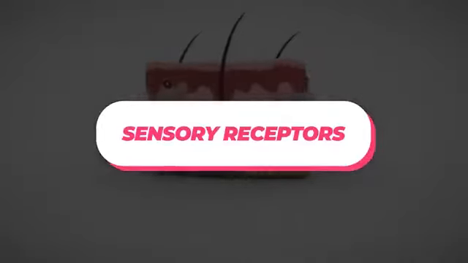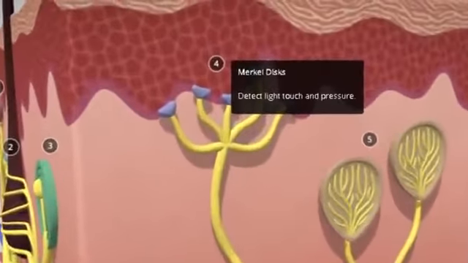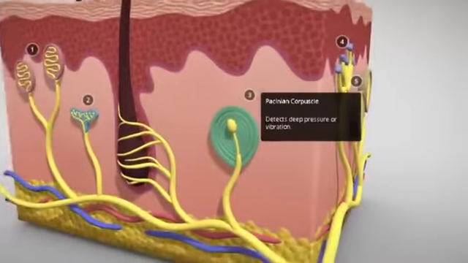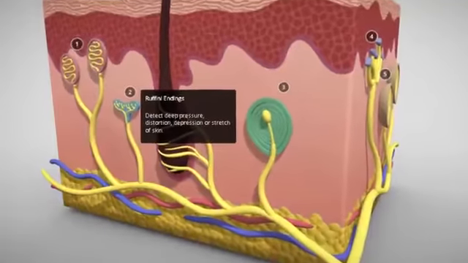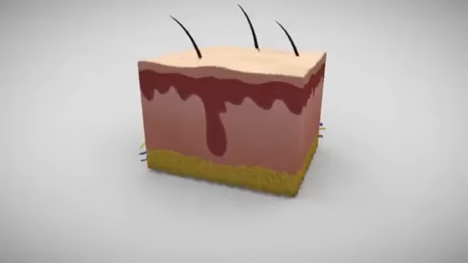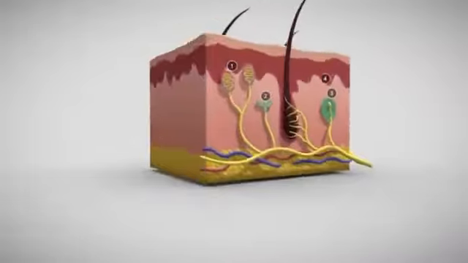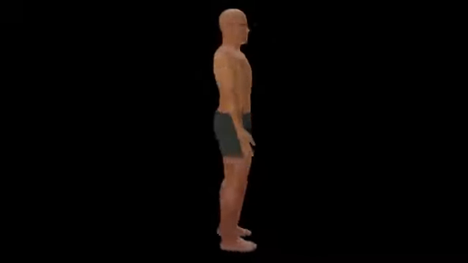Sensory receptors. The integumentary system also contains various sensory receptors, such as Merkel cells, Meissner corpuscles, Pacinian corpuscles, and free nerve endings, which help to sense touch, pressure, and pain. These receptors are located in the epidermis and dermis layers of the skin and send signals to the brain through the nervous system. In addition to its functions,